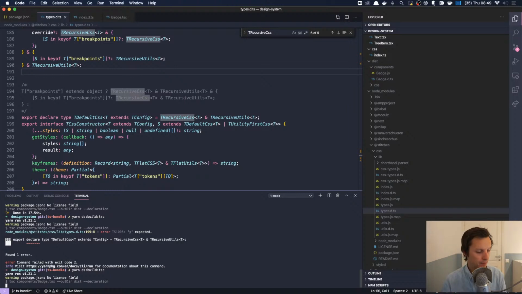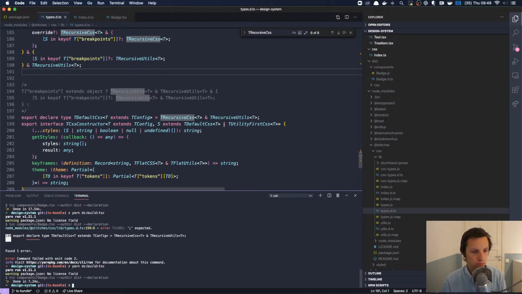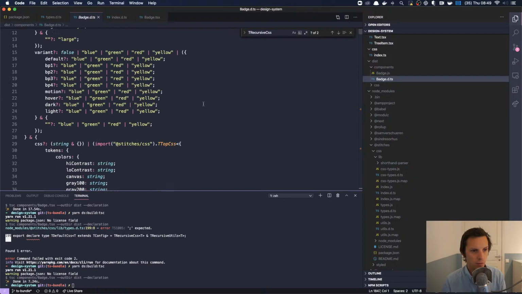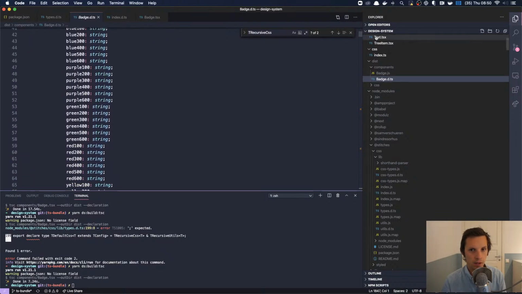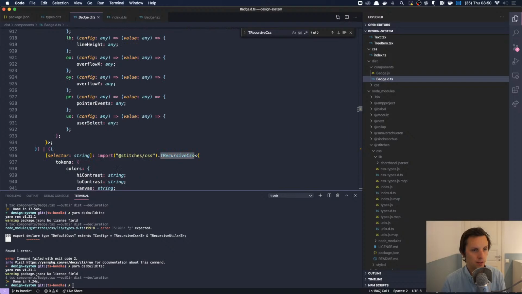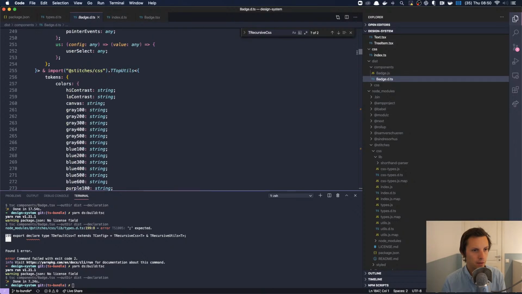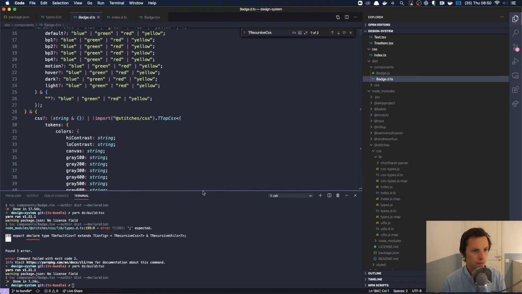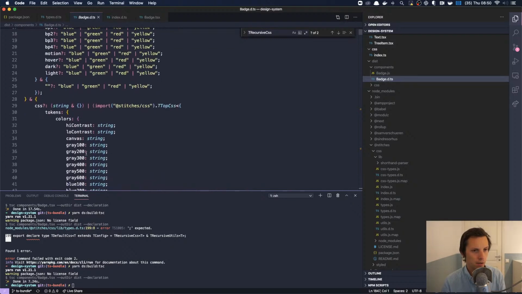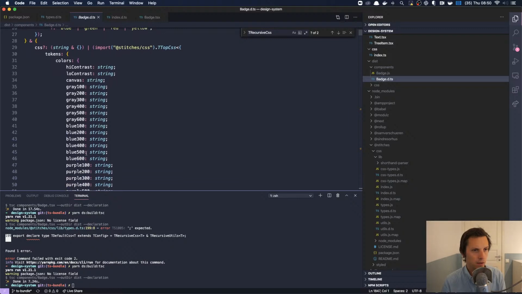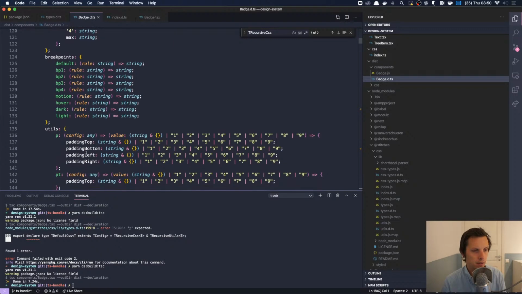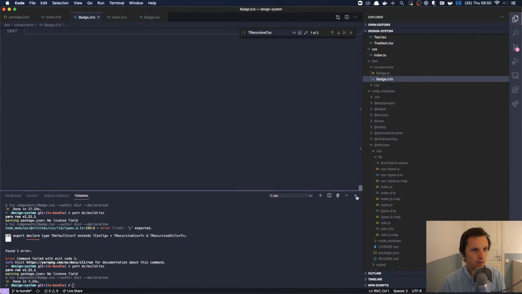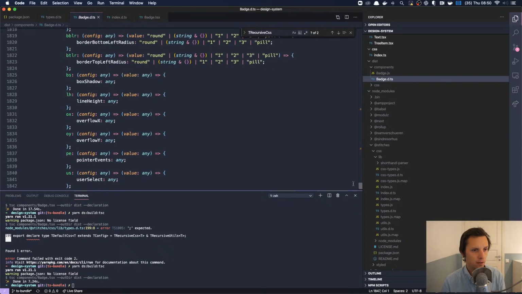My bad. So what happens now? We get one, yes, we still get a bunch of duplicate stuff. One for the CSS property, which is recursively nested. I think that's the issue. Like, it's recursive, so it just goes on and on and on.